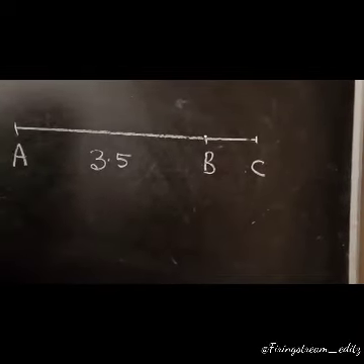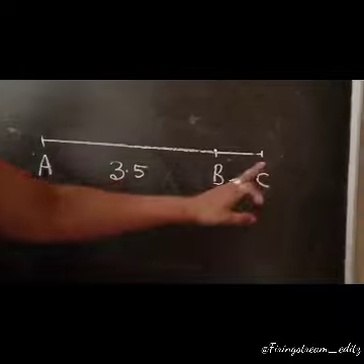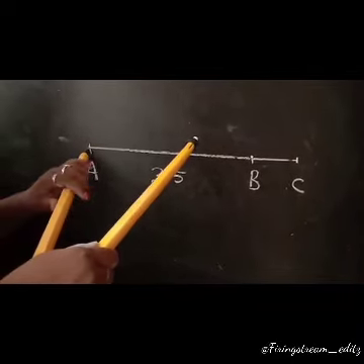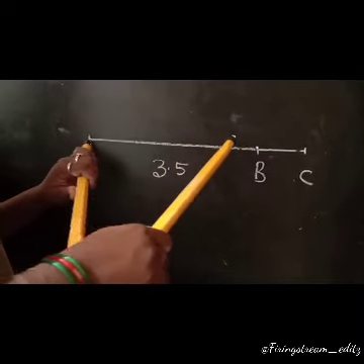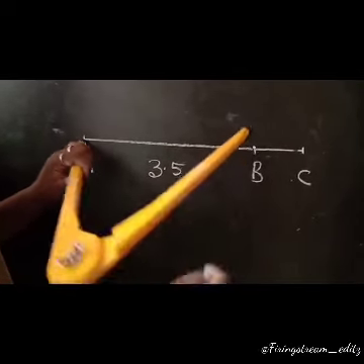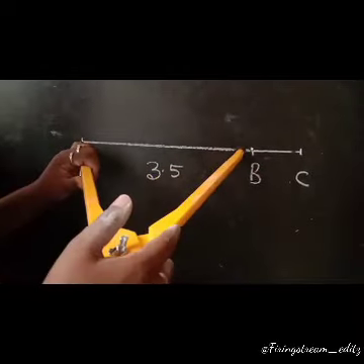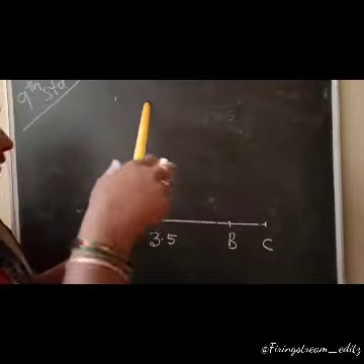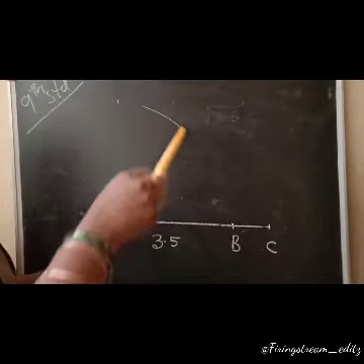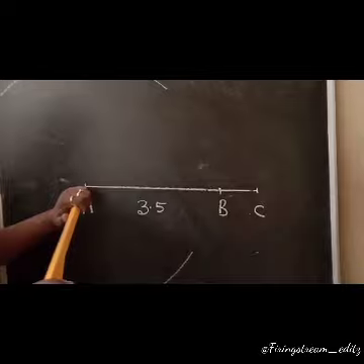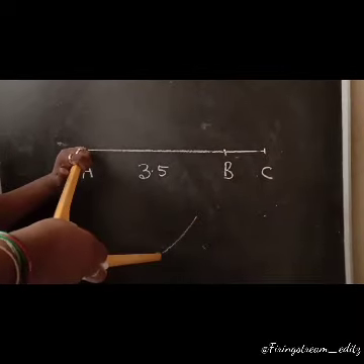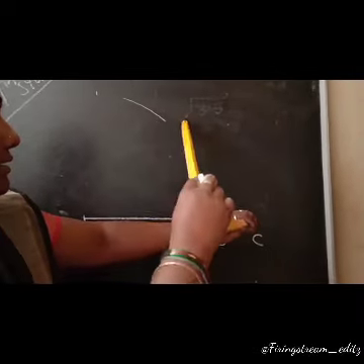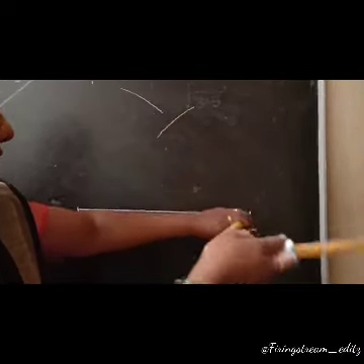Now, AC you take a midpoint. How to take the midpoint of a line? Take more than half of this AC line. Draw a arc above and same measurement draw a arc down. The same measurement you have to keep it on C. Try to cut the arc.